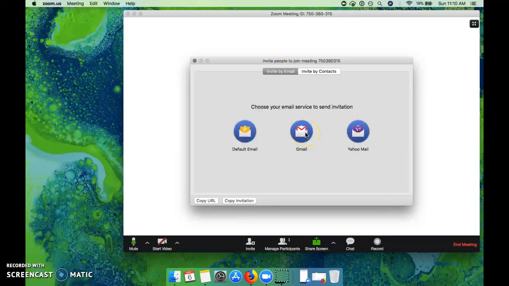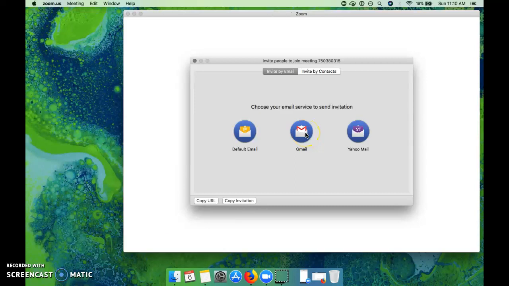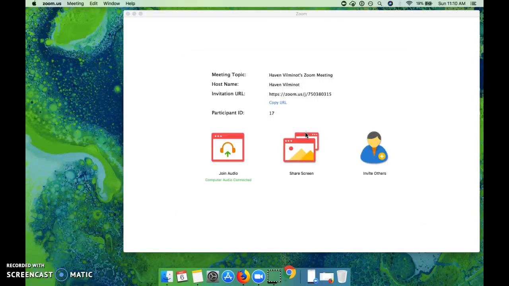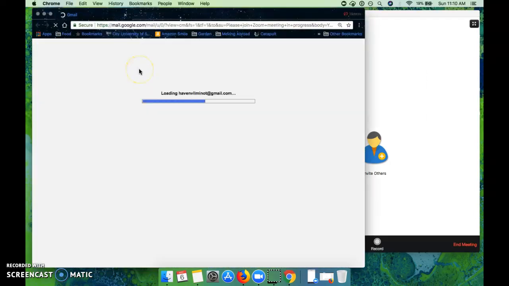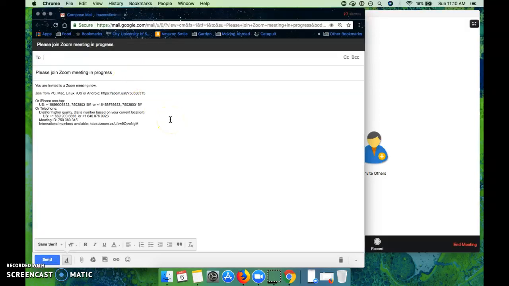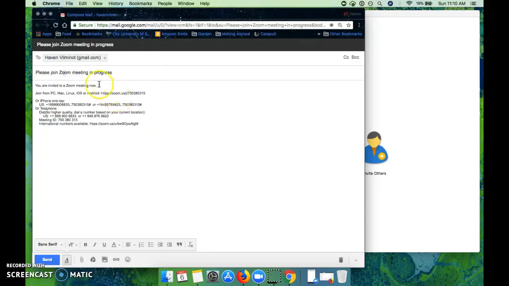So I have my Gmail linked to this account, which I did when I signed up. It's very simple. If I click this to invite a student via Gmail, an automatic email pops up, and I just have to say who it's going to go to. It's automatically titled, "Please join Zoom meeting in progress." And what you have here is just very straightforward information on how to join the meeting. So I could just send this off to anyone, if they were supposed to be in the meeting and they aren't yet, or